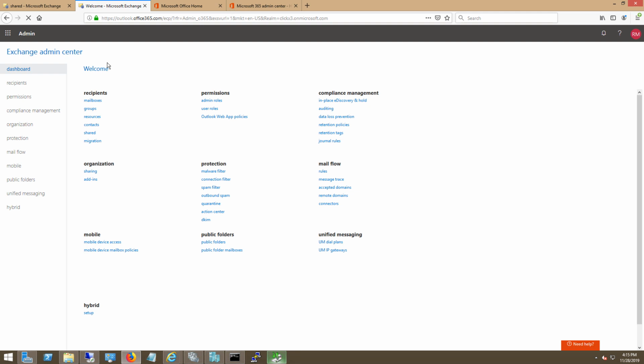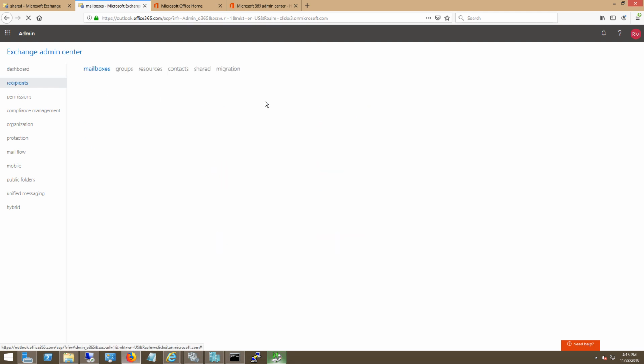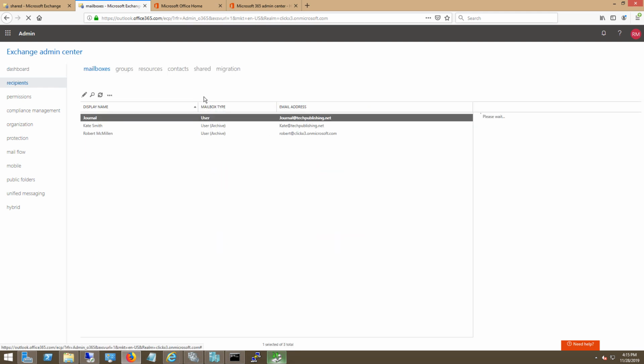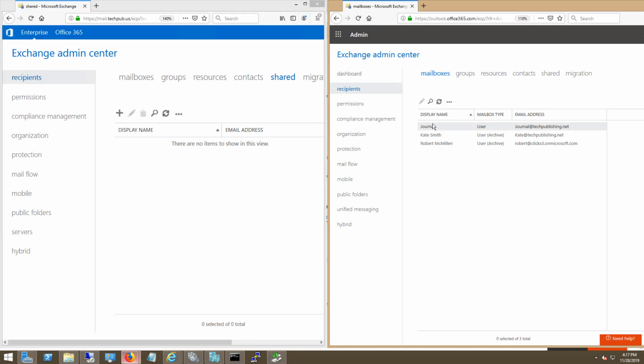And when I click on Exchange, now we're going to see a web page that looks almost exactly like Exchange Server 2019. And if I click on mailboxes, for instance, look at that. It looks almost exactly the same. So here we are seeing the two different products side by side, and although they're very similar, there are some